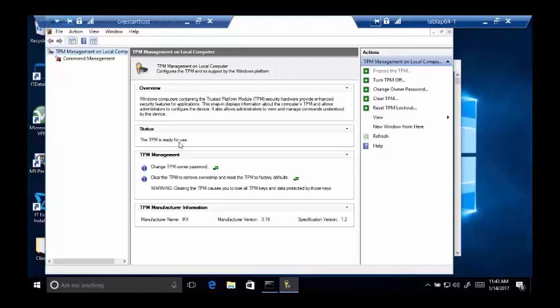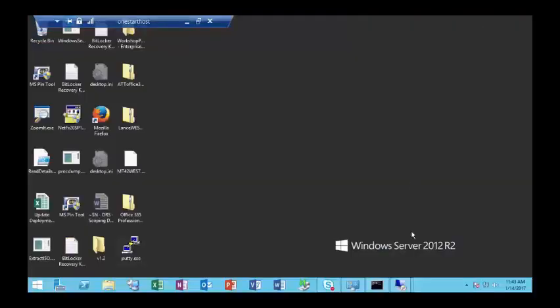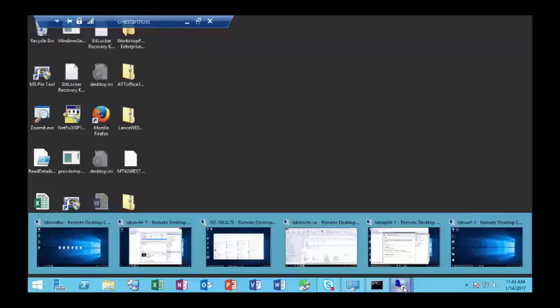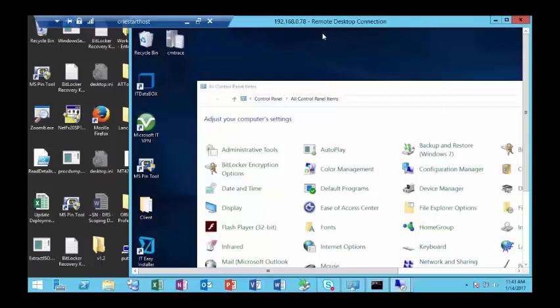Now, another good indicator is that all of this information is filled in: who the manufacturer is, what the manufacturer version is, what version of TPM this is, so 1.2. I mentioned that TPM 1.2 is supported, so I have two devices that are running TPM 1.2. Let me show you the other device that's running TPM 1.2. That one is right here. So if I expand that